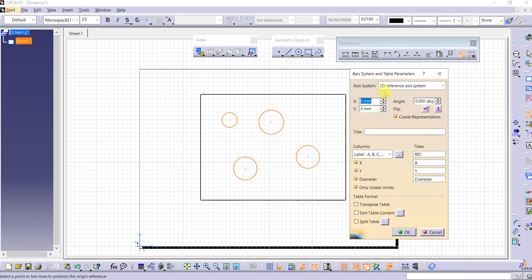So here you can define, for example, the hole table title, and also we can label each hole using ABC,